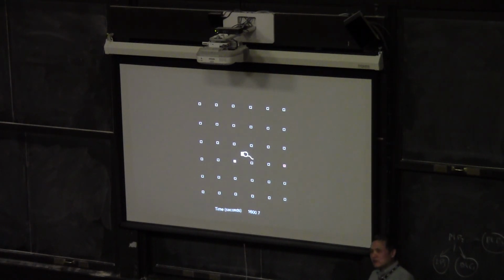moving curve is a fraction of a second during that period. So the activity is